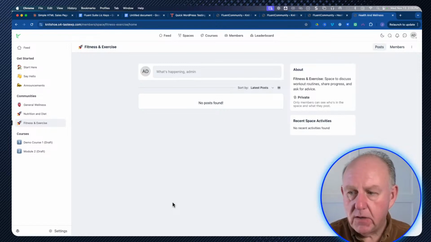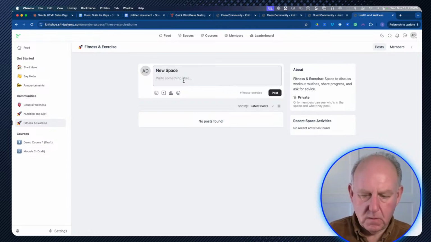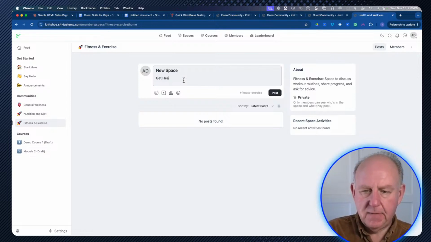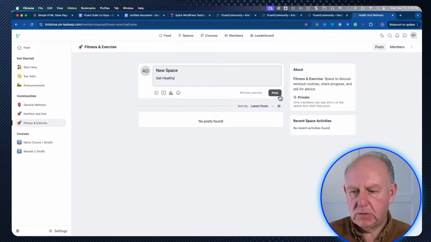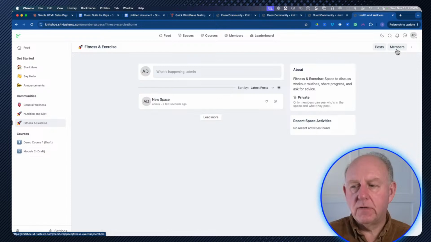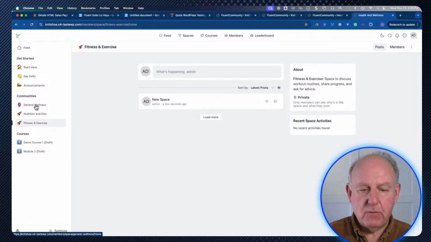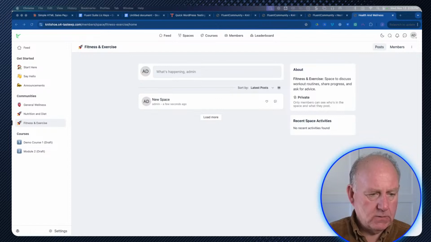So we've now got a new group, and new space. I'm going to say get healthy. And I'm going to post it. And see over on the right-hand corner, there is no chat for this one because it's not available in this particular group. Again, left-hand side communities, we've got wellness, nutrition and diet, fitness and exercise. Let's do another one,